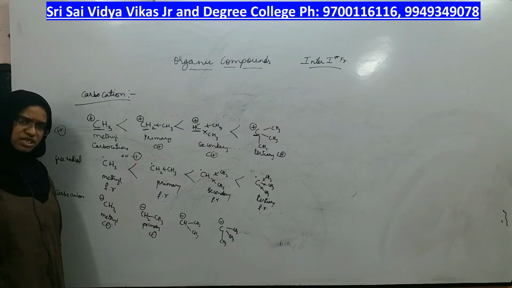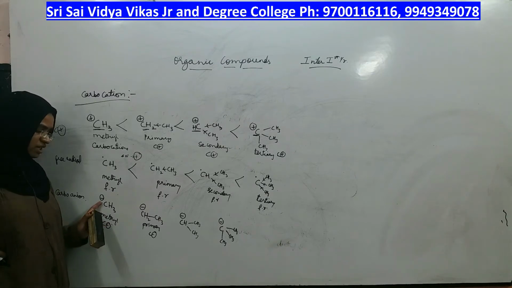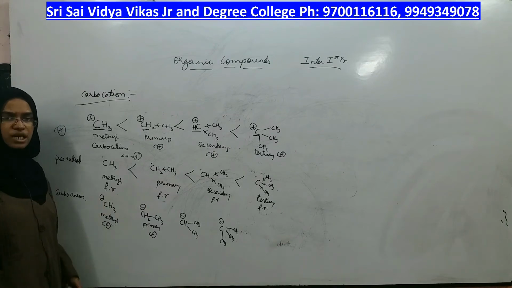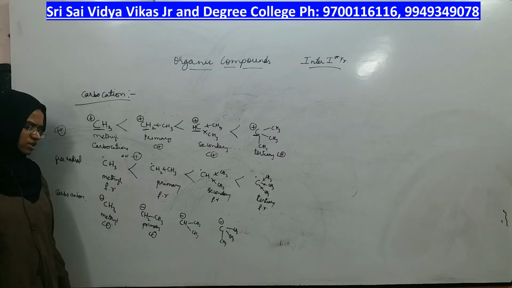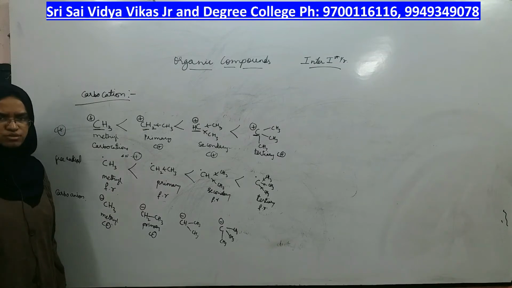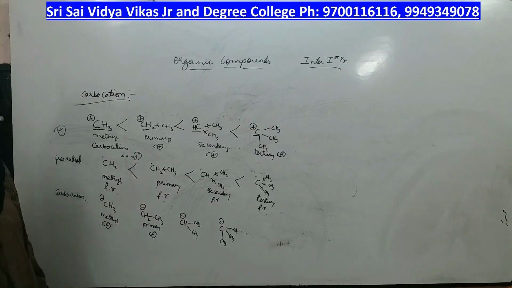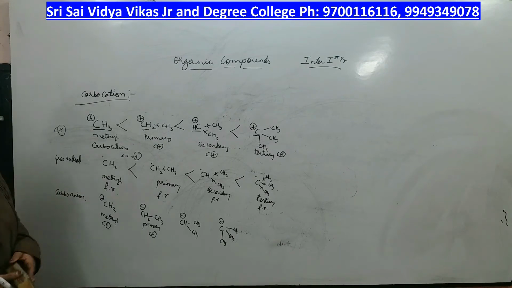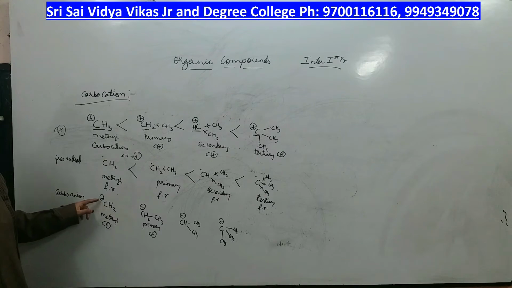To judge the stability of carbanions, what you should check is that the carbon has a negative charge, which should be made neutral. If anyone is doing that, it is more stable. If anyone is not doing that, it is less stable. Okay. Now, in the first compound, is there anyone to remove negative charge from the carbon?